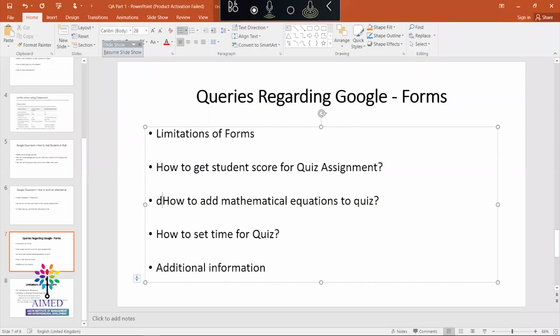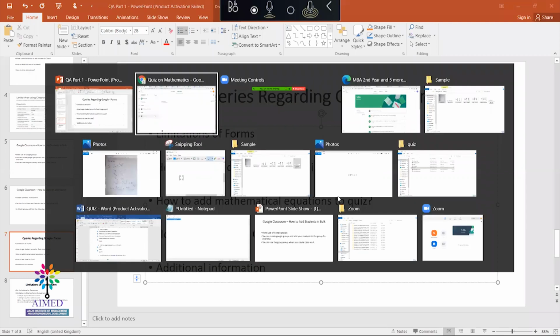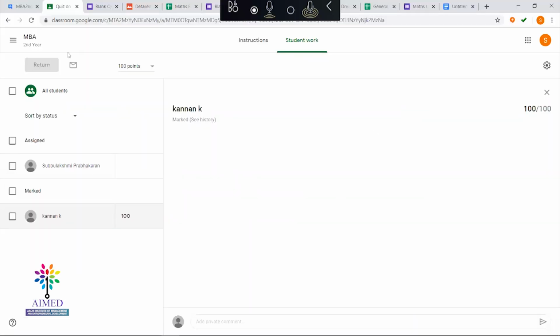See, again, this is my suggestion. And if you know any tools that you can use in a simplified manner, you can use that. And how to set the time for a quiz. So if you wanted to set the time,